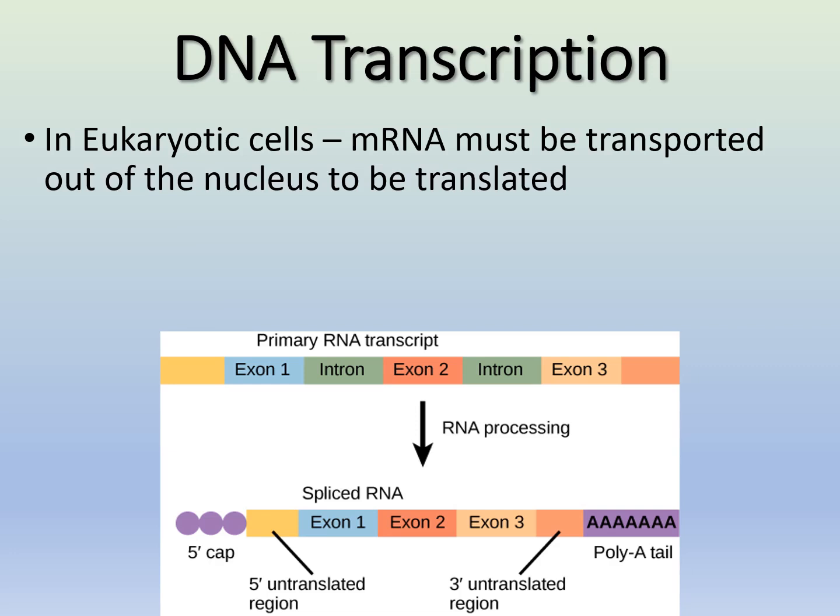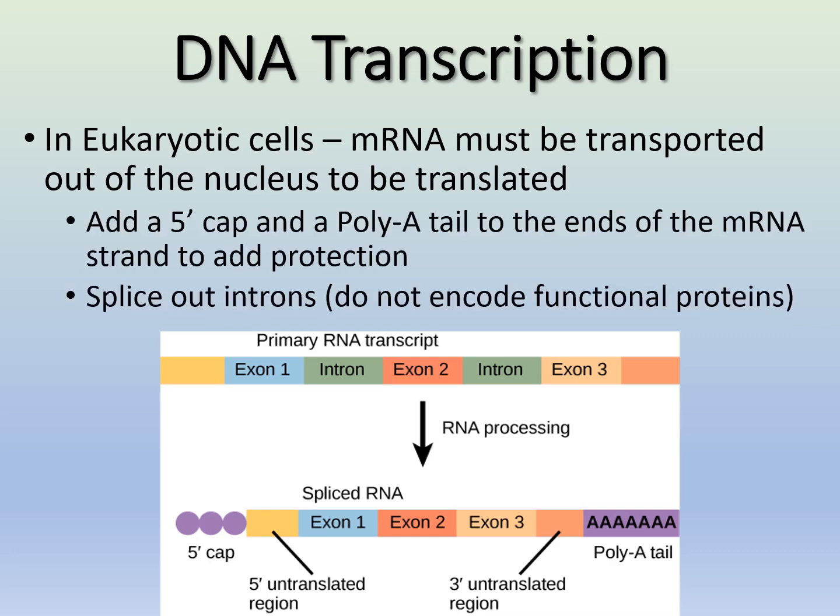In eukaryotic cells, we have to actually transport that mRNA out of the nucleus. After it's been transcribed, we need it to be translated in the cytoplasm. So that's different from those prokaryotic cells where everything is happening in the cytoplasm already, so it's kind of happening